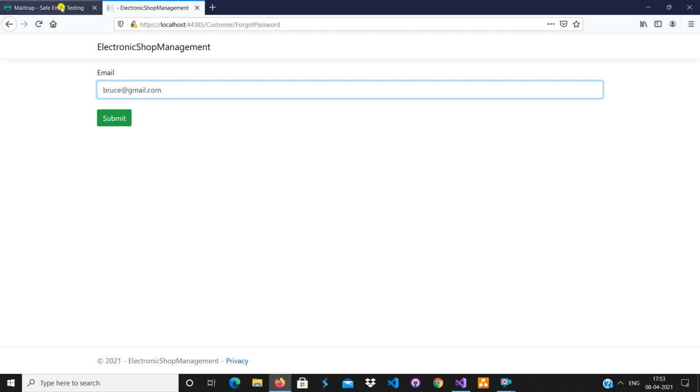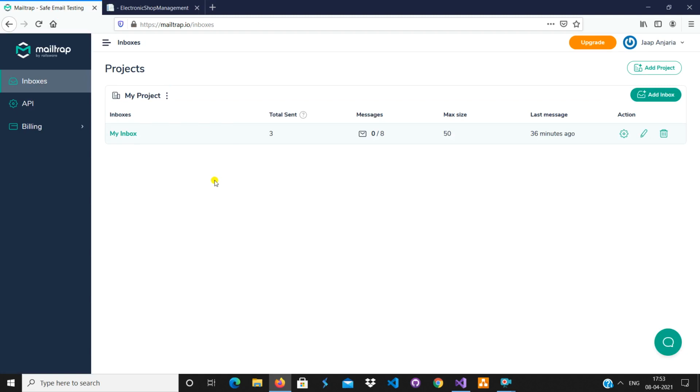Before I click on submit, let me give you some introduction on Mailtrap. This Mailtrap is basically a debugging fake SMTP server used for debugging when the project is in the development part. Once the project is developed, deployed and in the production area, then we can actually use a Gmail email ID. But as of now, for simplicity, I have used Mailtrap for debugging in the development portion.